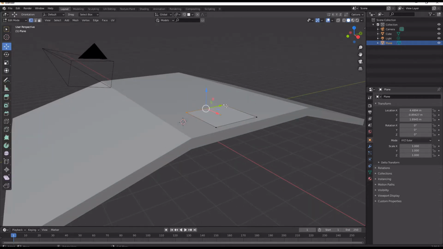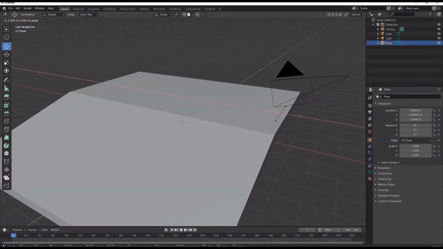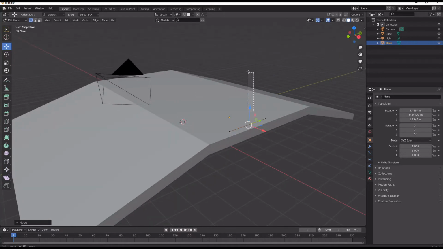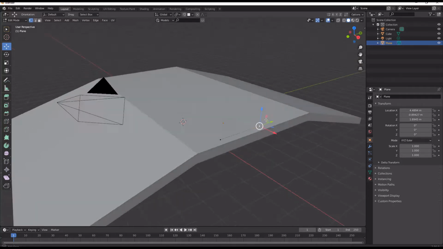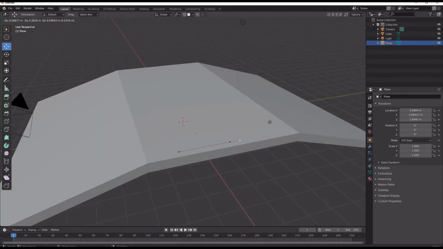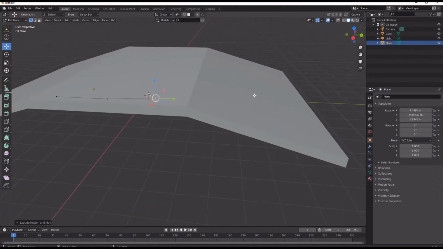So that's just going to snap it there. And then we're going to bring our verts together. Actually, no, we're not. We're just going to delete those two vertices. So then we can